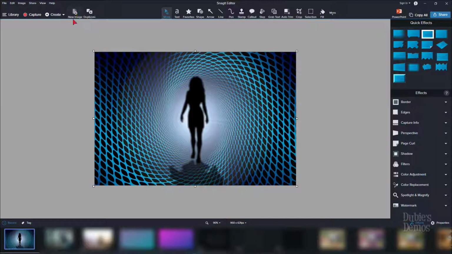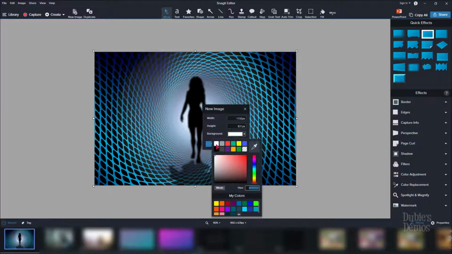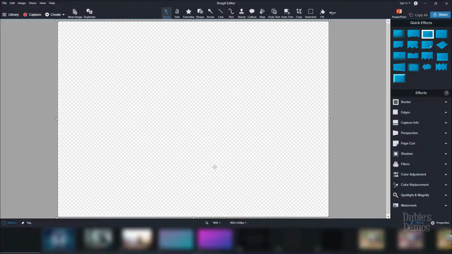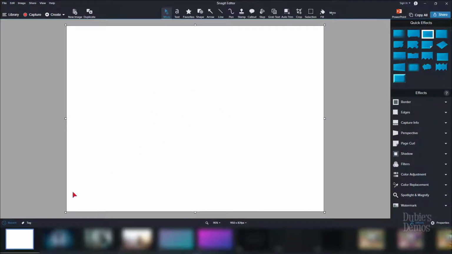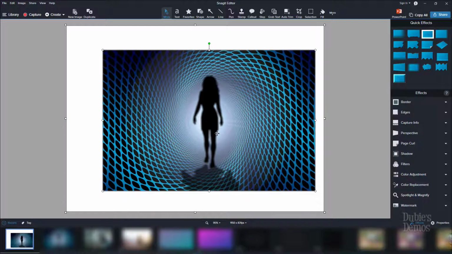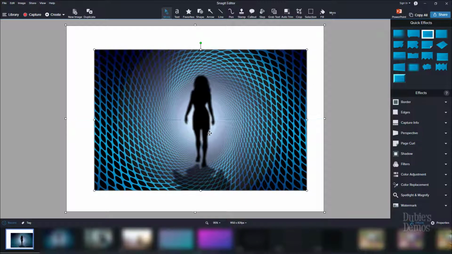So I'll create new image here. I have the icon here, or you could go to File and New Image. I'm going to make my new image 200 pixels wider and higher than what this image is, but whatever you want to do. I'll set the background color to white, and I'll go ahead and create it. Now I have my new image here. I'll go here in my tray and click and drag my image onto my new image,